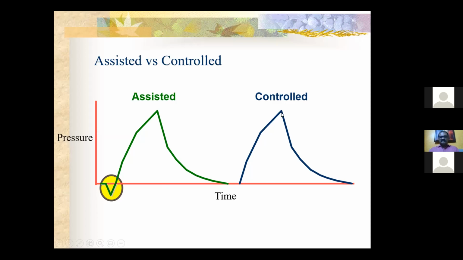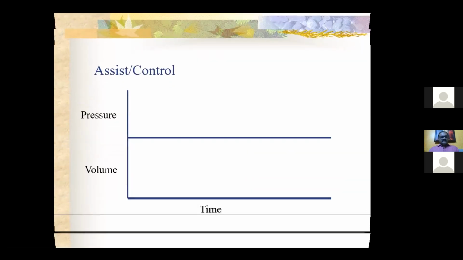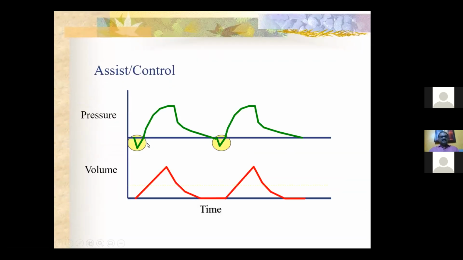This is what you are going to see in an assist control mode. Basically, the patient is able to trigger all the breaths, and the machine supports all the breaths with the same tidal volume that we have set. That is what you see in an assist control mode. So basically, what we do now is we intubate the patient with muscle relaxants and start the ventilation. At first,